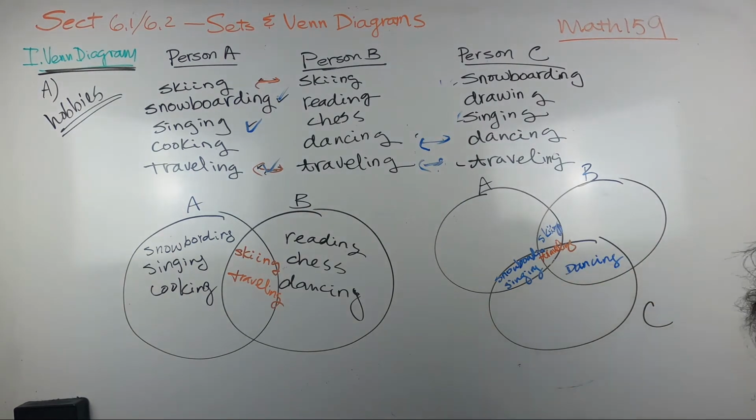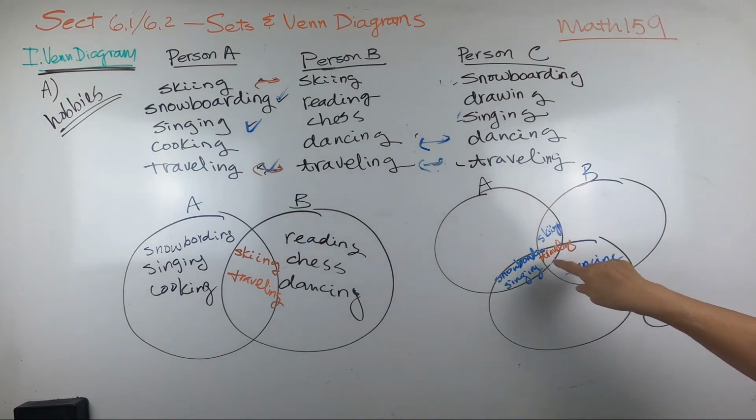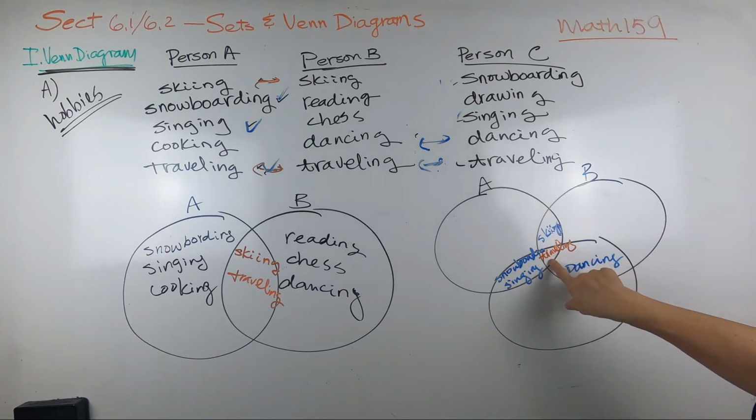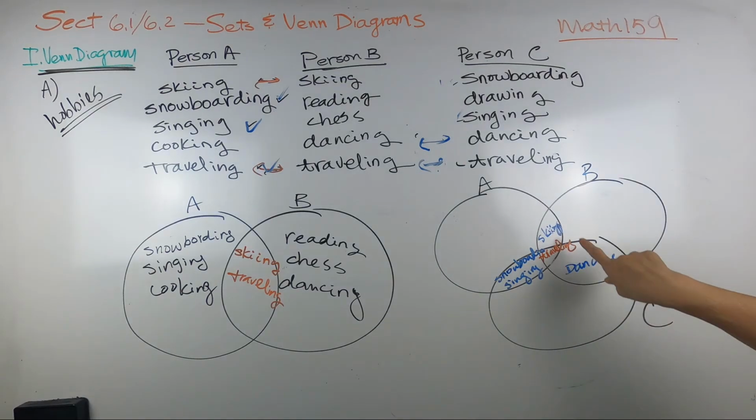So that's what they have in common. So you do it from inside to outside, right? What do they all have in common? Traveling, put it in here, belongs to all of them. Then you do